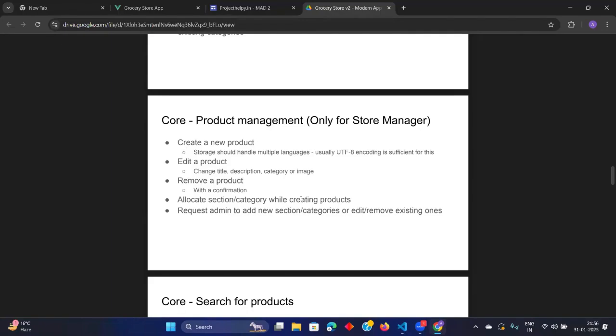In household service, when the customer has submitted the request, why are they demanding to edit it again? I'm not getting that point from their side. See, let's say a customer has sent a request for some other date. You can allow the person to edit the request if it is not accepted. Let's say you send a message to someone and the person has not seen it, then editing is completely okay. But after the person has seen the message and then you edit it, that is not okay, right?